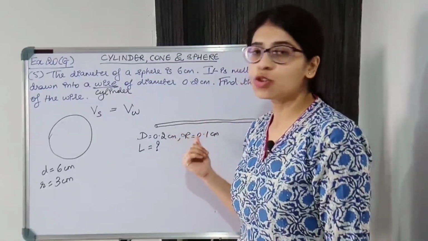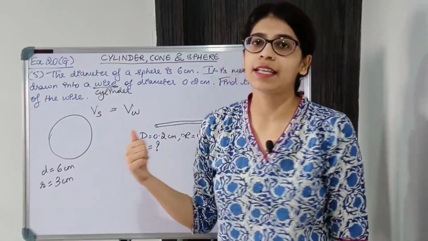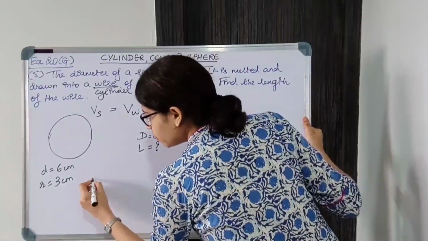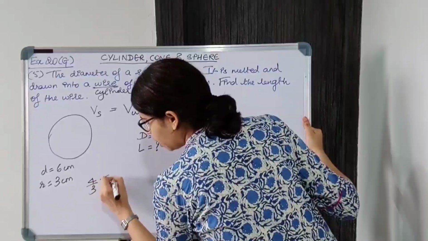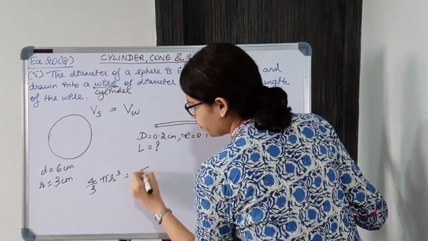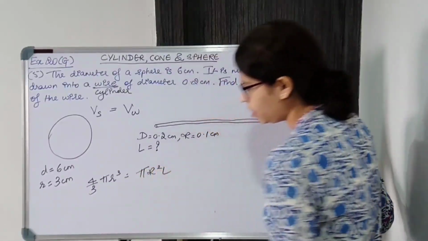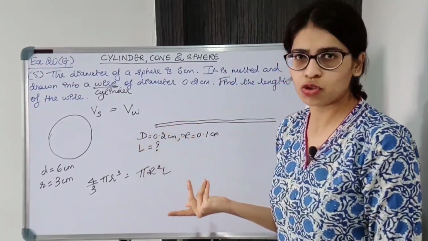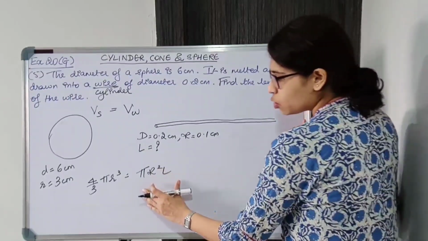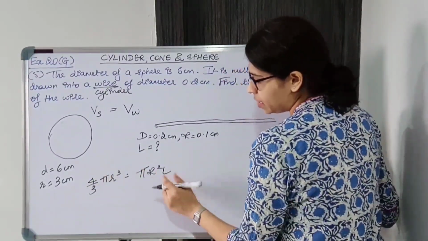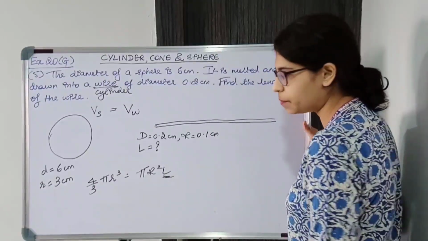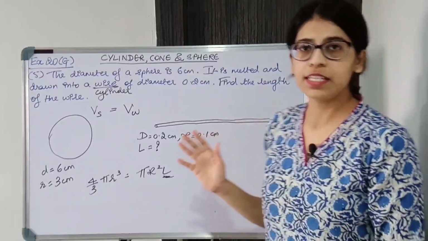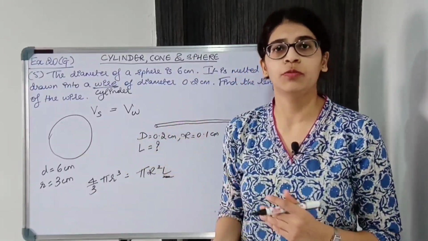I know pi r square, r I know, but h नहीं पता है, that is L नहीं पता है, you have to find L. So here we have 4/3 pi r cube equal to pi r square L. ठीक है. h is taken L over here because length of wire बोला गया है. You can also take h, okay, it does not matter. So we'll shift everything on the other side, we can easily find L. ठीक है. All other are knowns. Okay, so it's very easy, just that volume of sphere is equal to the volume of the wire.